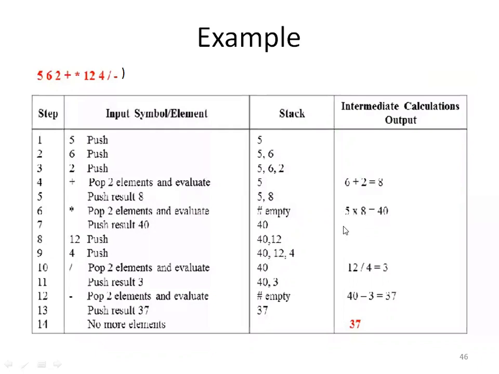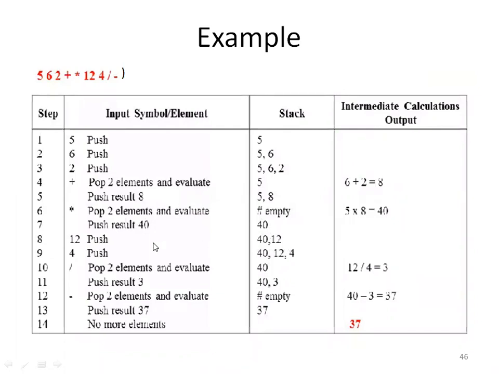Okay, so this is multiplication, so we multiply. So 5 into 8, how much? 40. 5 into 8 is equal to 40. So this is actually the equal symbol. This one, it's not minus, it is equal. Okay, so now we get 40. So what to do again? This 40 needs to be pushed. 40 is the result, you have to push the result into the stack again. So that is pushed here.